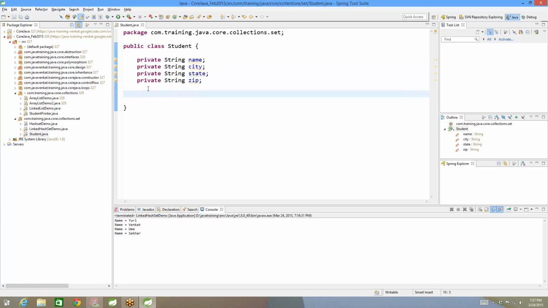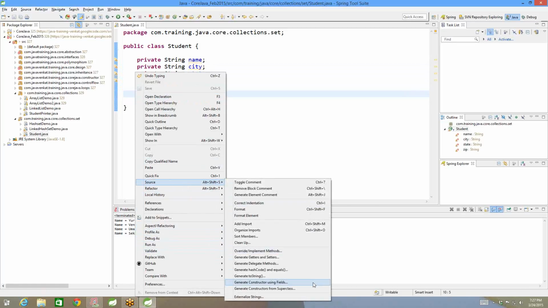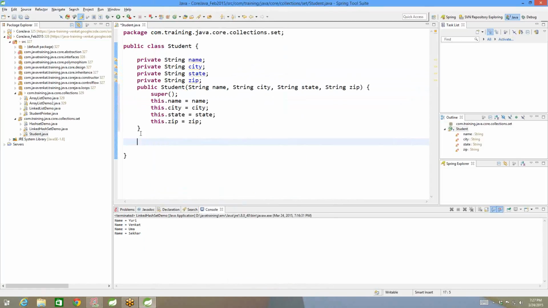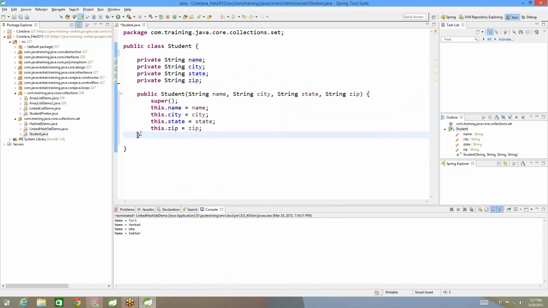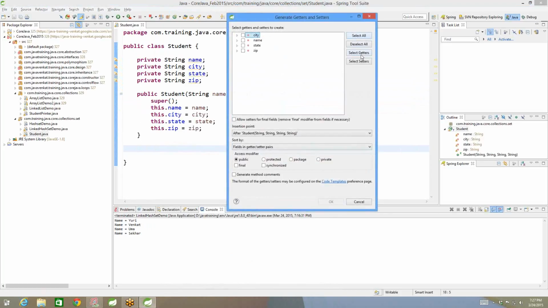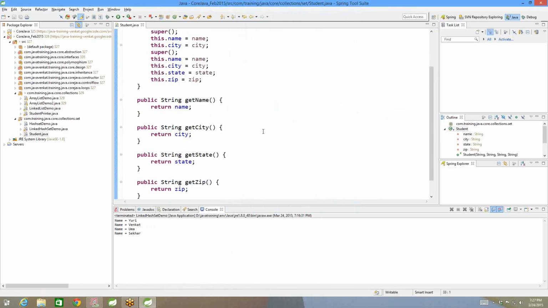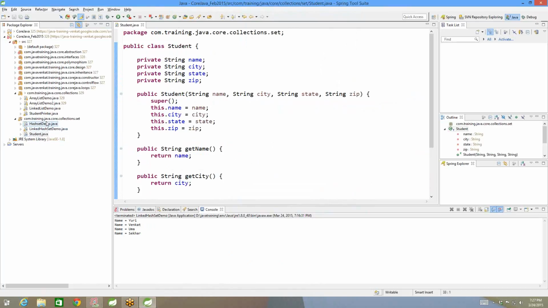Okay. And then I'll use I have a constructor here. And now I'll have getters here. I have my fantastic getters. And now